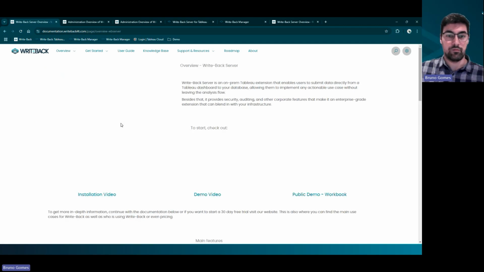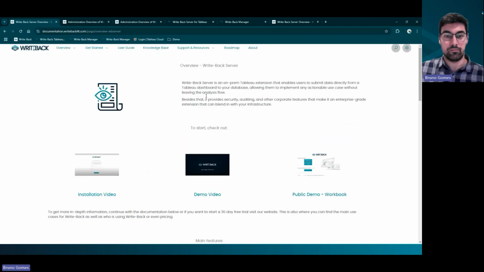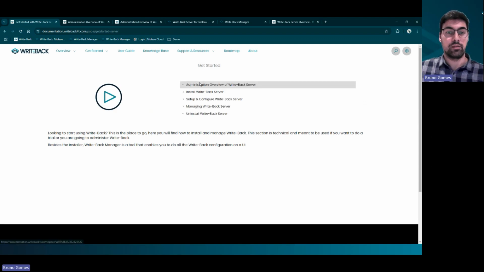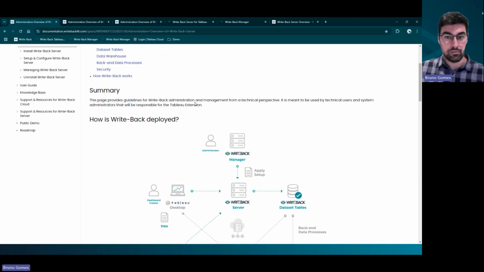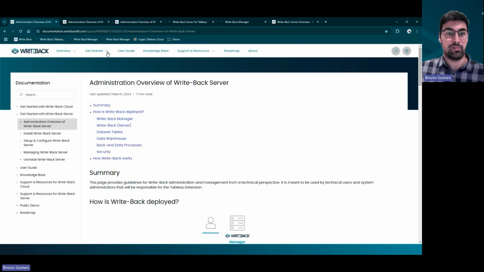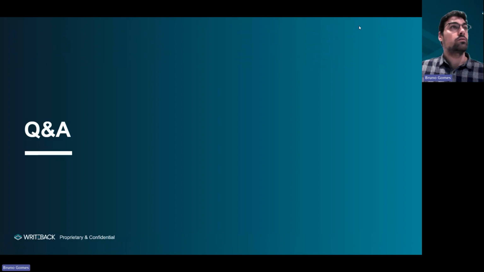And then, for example, server, we can navigate, or actually get started rather than overview. And then administration overview over here of each of them. And the cloud one is over there too. Going back to the chats, and over here,